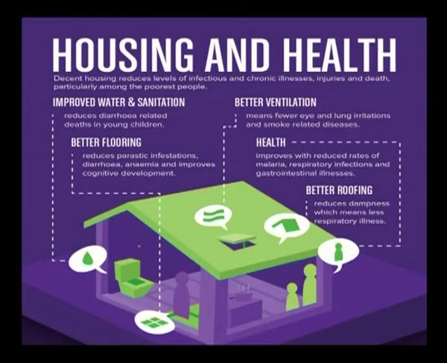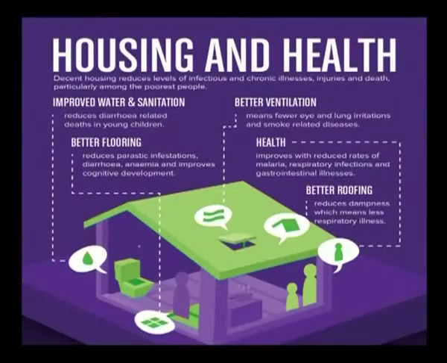One can ask, housing related to health, how can it be related? So, looking at the flip side of it, better ventilation improves air quality within. It ensures a better quality of air that is coming in, which improves the health, a better roofing, better flooring and improved water and sanitation. So, all these put together, a decent housing reduces the level of infections and improves safety. So, here provision of housing with a better quality and better security ensures good health to people, which in turn helps in a pleasant living condition. So, it is especially among the poorest people.